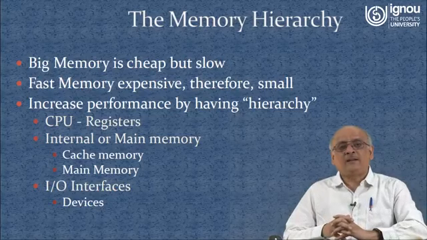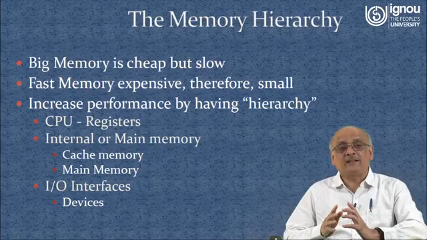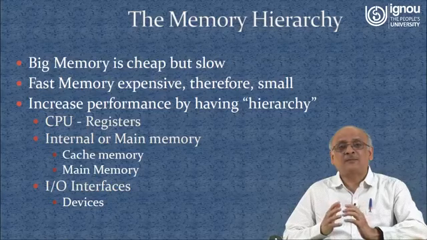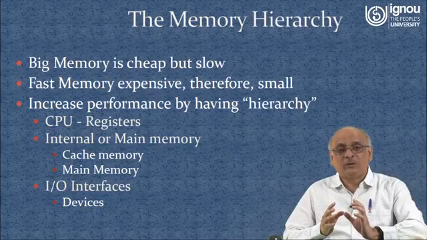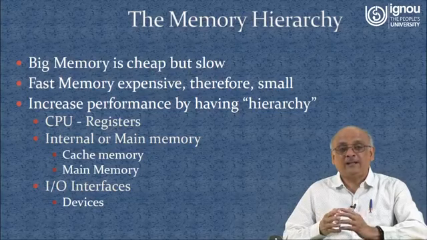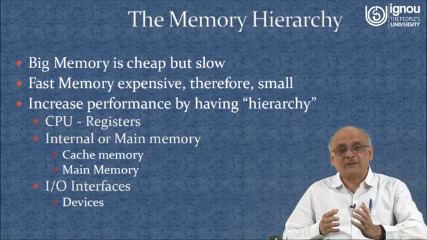Now to begin with, this is what we discussed last time, the memory hierarchy. We have a hierarchy of memory, and the slow memory is the maximum in size, whereas fast memory is very low in size, and the prime reason for that is the cost. Because of the cost, this memory hierarchy is there. In the last session, we had discussed this in major detail.